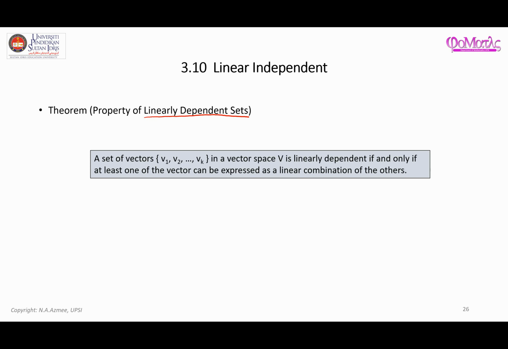In this video, I would like to talk a little bit more about the idea of linearly dependent sets, and here we are going to have a look from a slightly different angle. Okay, so the first theorem stated here is: we have a set of vectors, and this set of vectors is linearly dependent if and only if at least one of the vectors can be expressed as a linear combination of the others. Well, basically it means that if you have vector 1, vector 2, vector k,